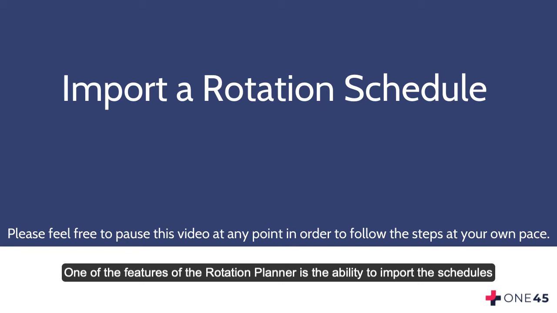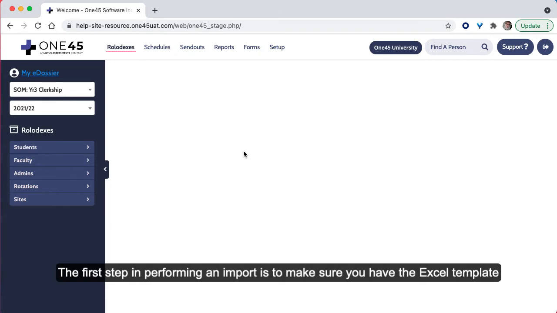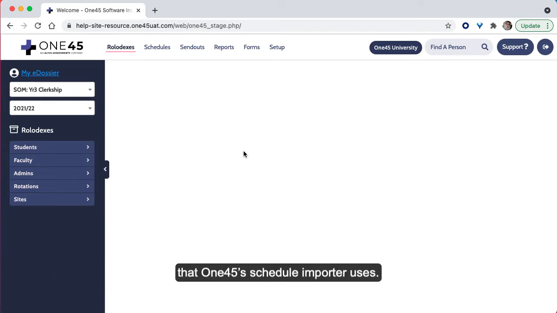One of the features of the rotation planner is the ability to import the schedules of a group of learners rather than having to enter each learner's schedule manually block by block. Doing a schedule import could save you some time, especially if you already have a copy of their schedules in Excel. The first step in performing an import is to make sure you have the Excel template that 145's schedule